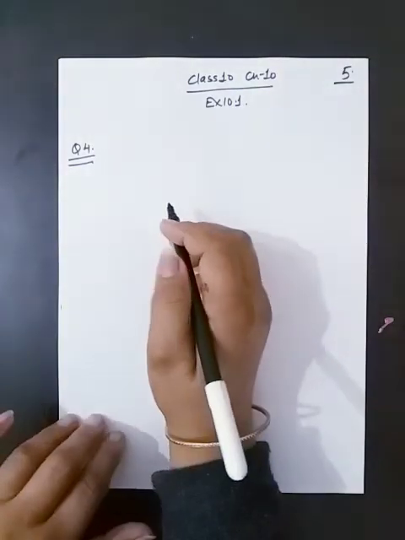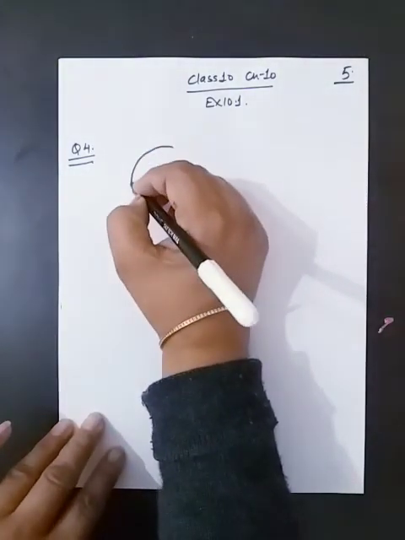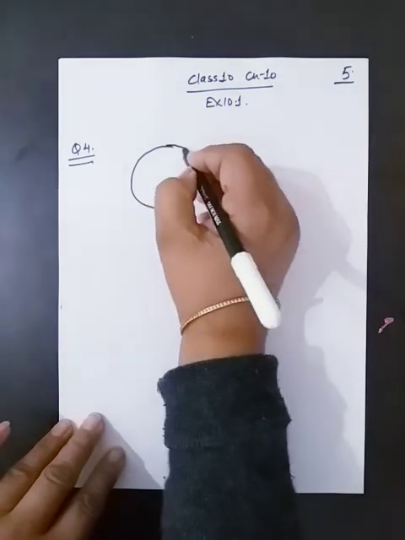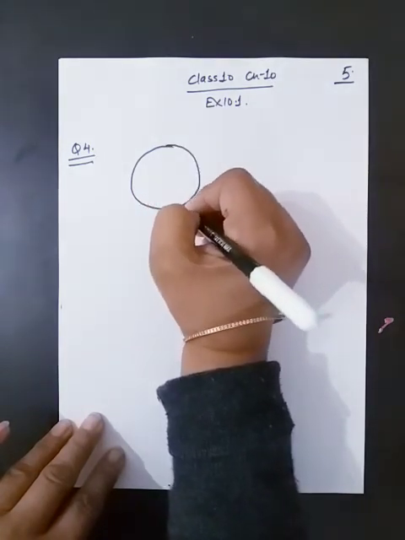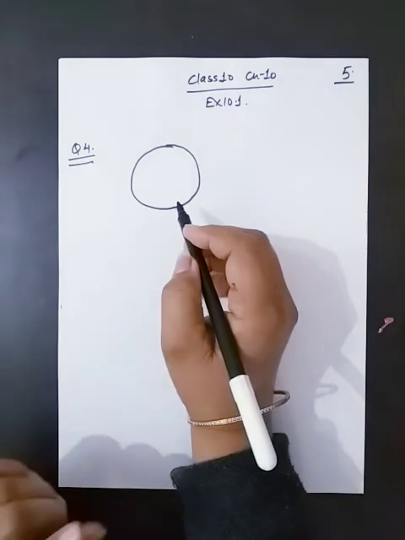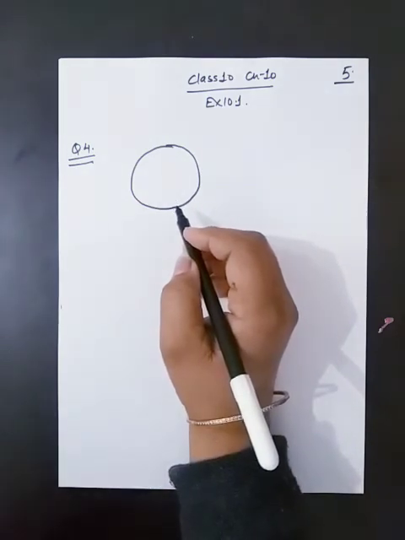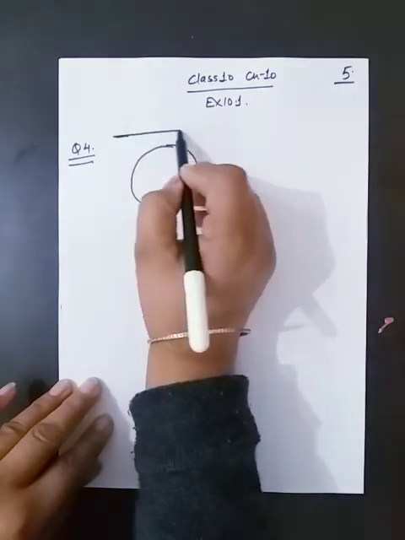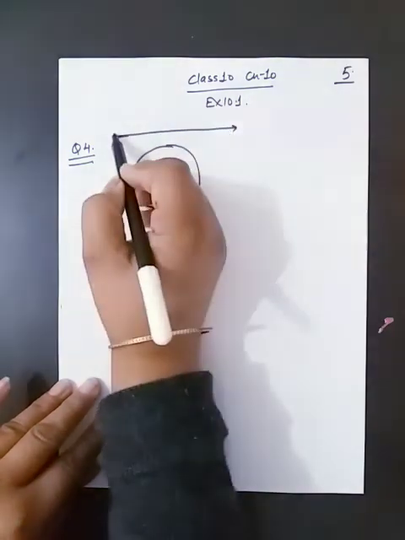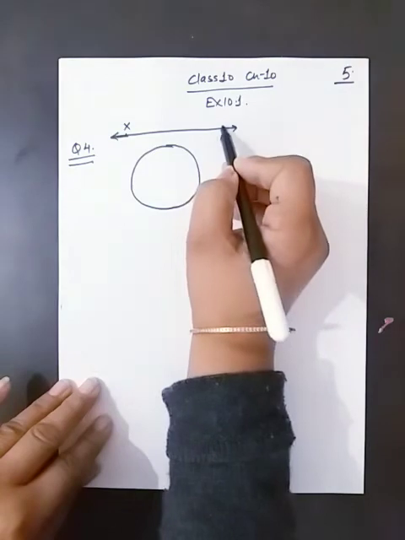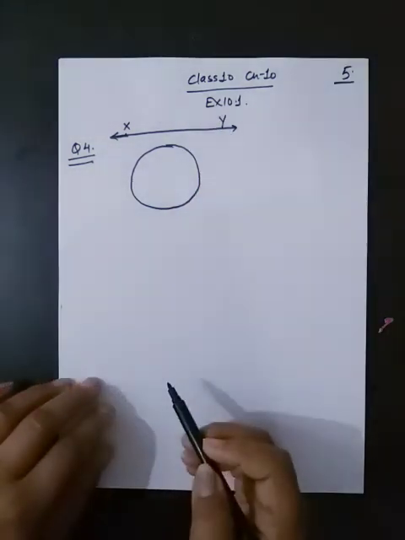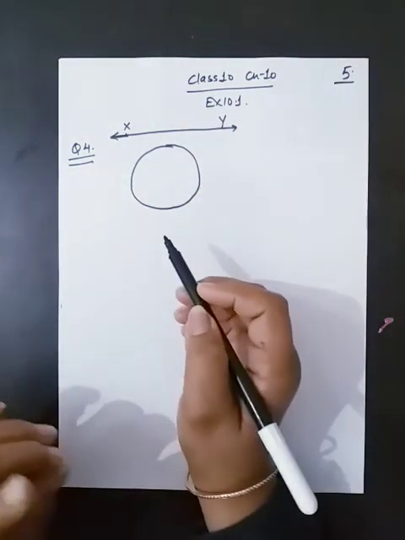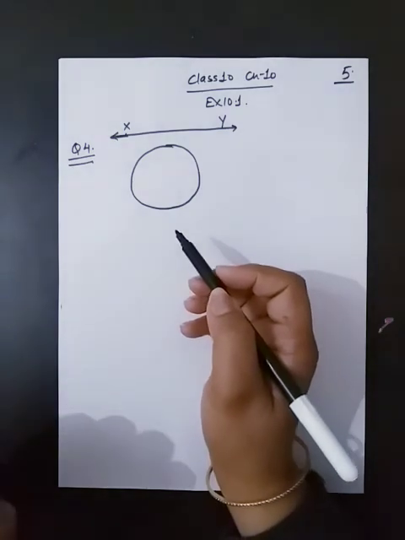Question 4. Draw a circle. Here we have drawn a circle and two lines parallel to a given line. So XY is a given line in this figure. And we have to draw two more lines such that